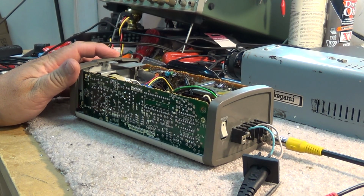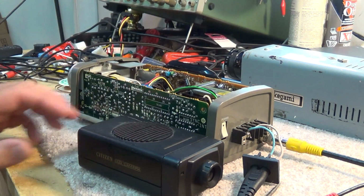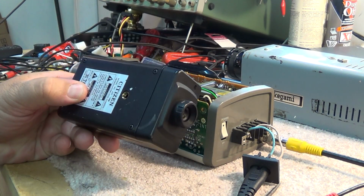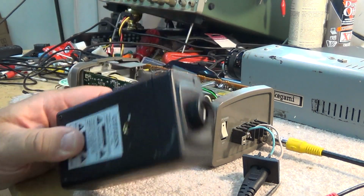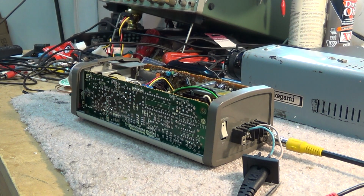Now, I do have a more modern camera. I wonder if we can damage that. I don't even know if this thing works. I've got a number of these little pieces of crap. I don't know if anybody remembers these things. Little Citizen CCD cameras, black and white. Wonder how one of these would be for blowing up. Well, we're not going to do that this time, but for a future video, maybe. Again, the same chap that gave me this gave me a whole bunch of these things. He just said, "Here, take them." I don't have much use for black and white cameras from, you know, the 1980s, 1990s, but